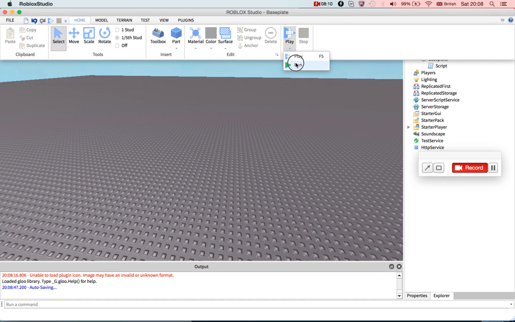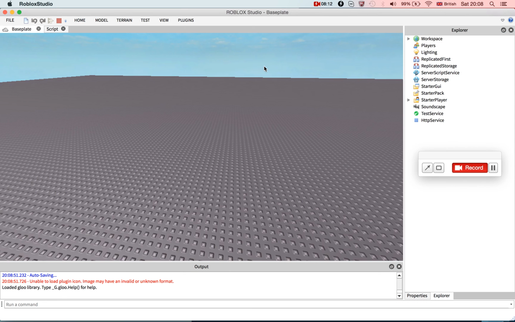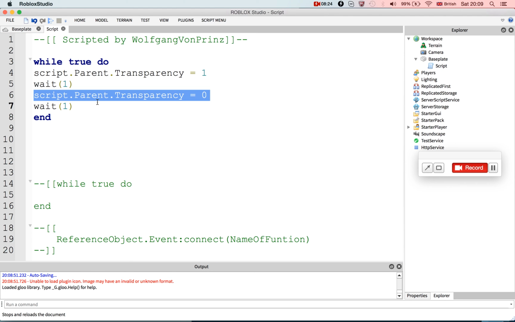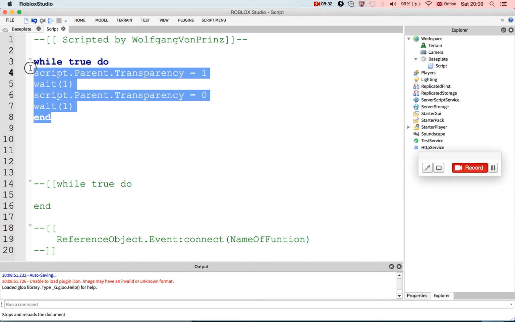Oh, another thing I need to tell you, with a while true do loop, no matter what you are doing, see, here we go. No matter what you're doing with a while true do loop, you've always got to have at least a wait, like that, because otherwise it'll just crash the game, and that's pretty much game over for you. Anyway,